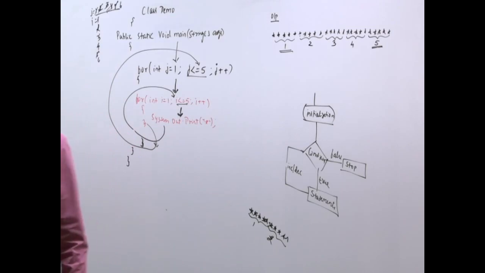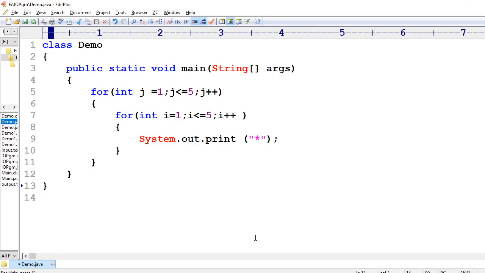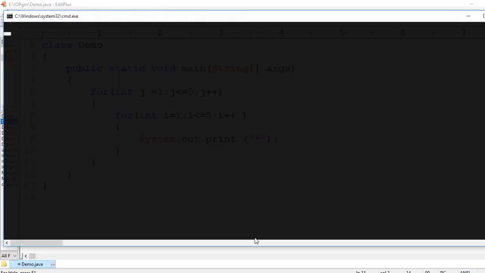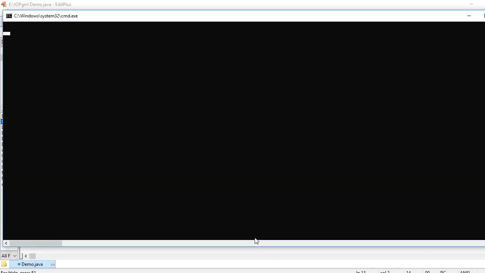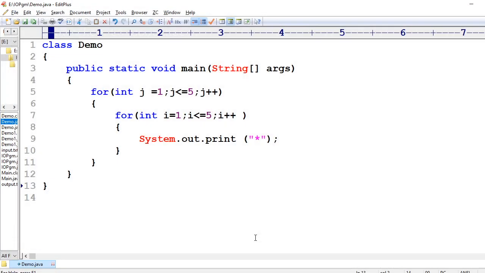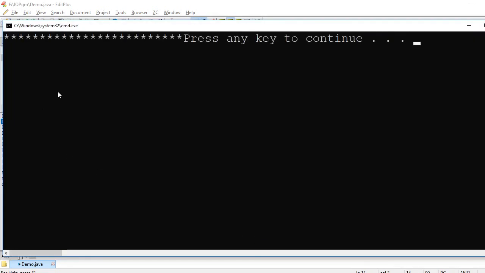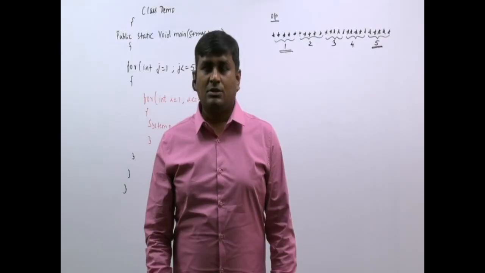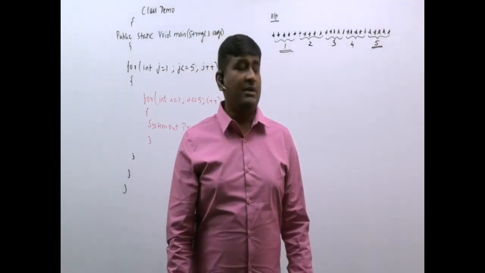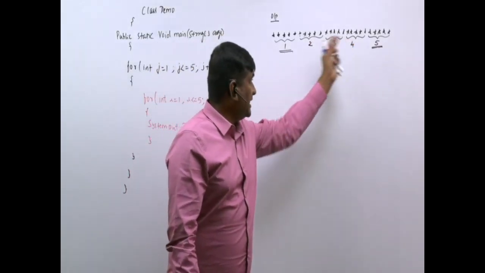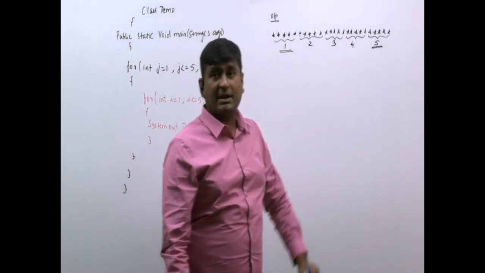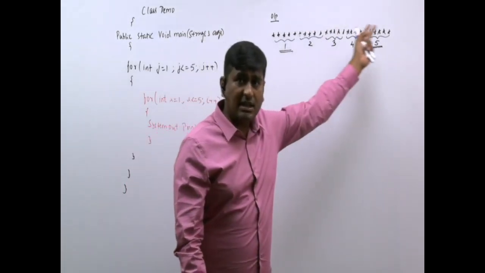I will trace and I will execute the program. So here is the same program that I have written. In order to print 5 stars 5 times in the same row, here we are using the loops. So if I compile, there is no problem. If I execute, the same output is what I have achieved here. In the previous program, we have displayed 5 stars 5 times. And if you notice, all the stars are there in the same row.